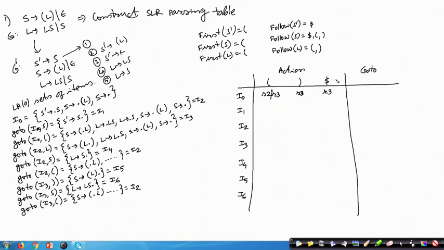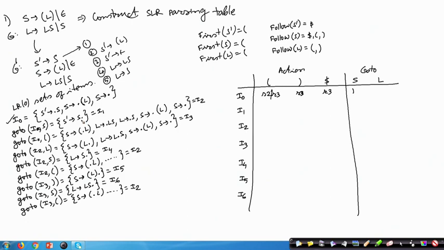And the goto part will have the grammar non terminals S and L. So, on I0 S, I0 S is I1, so I will write 1 here. There is nothing like I0 L, so nothing comes to the other one. So, that finishes the processing of I0. So, I0 is over.